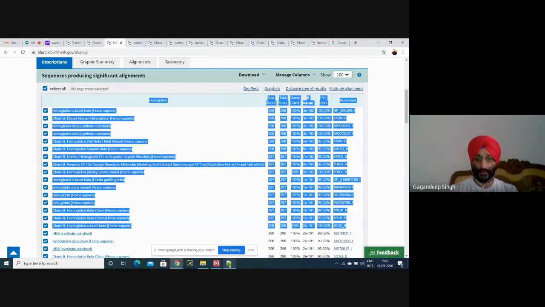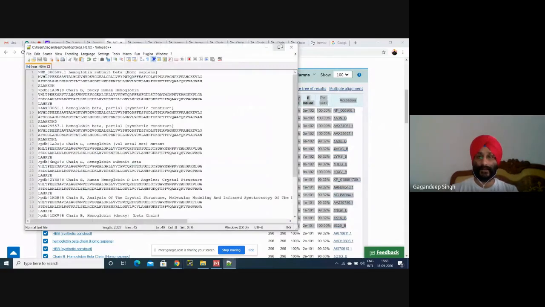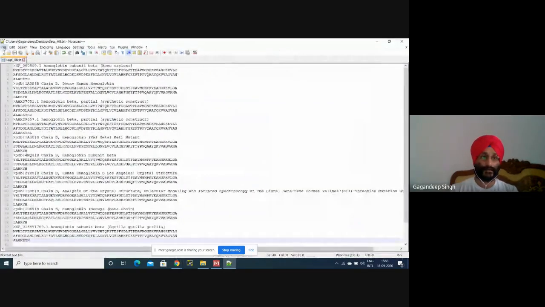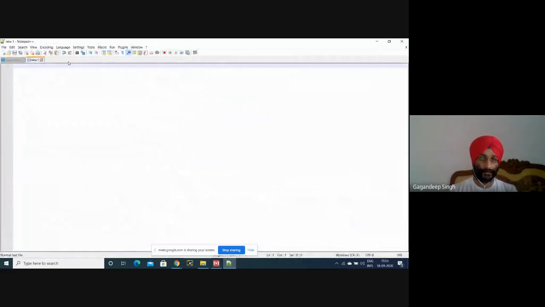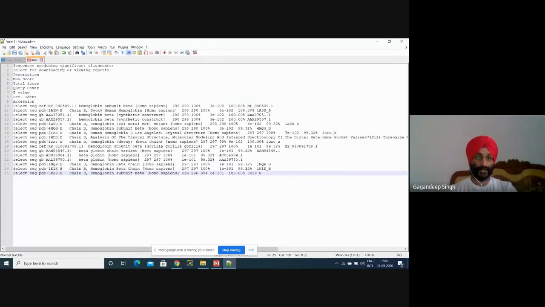Control C, and in Edit with Notepad++ you can paste. Easily you can select this. How can you select this?